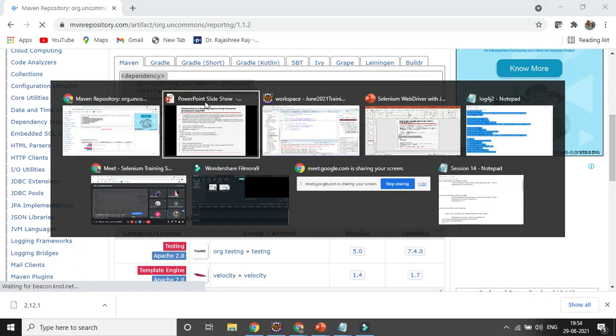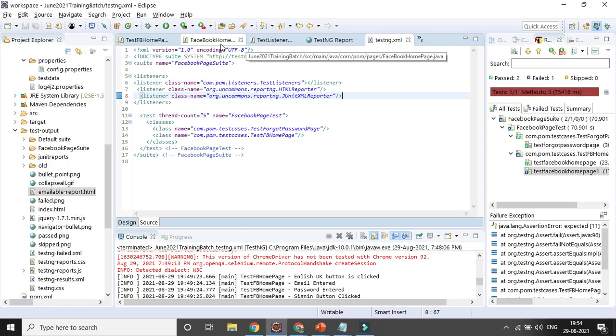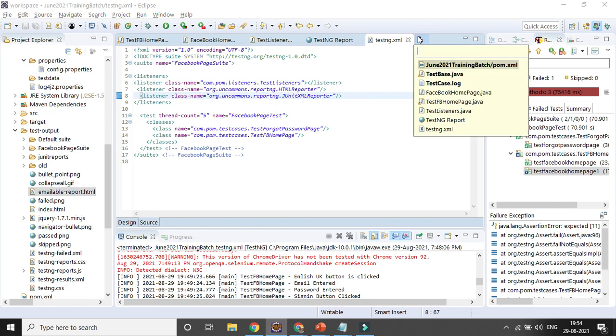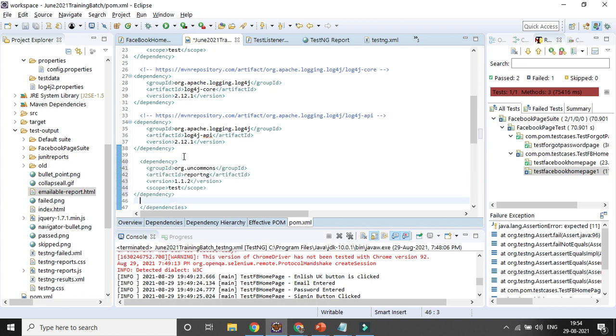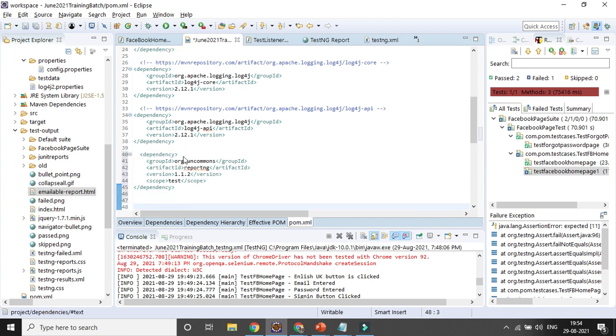So I can add it in the pom.xml file, right? That is the one dependency you need to add.